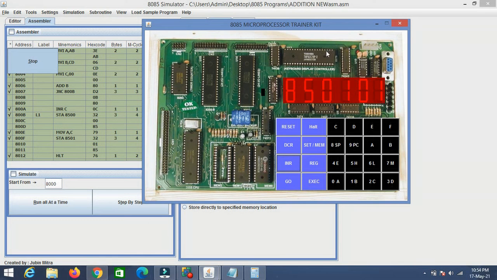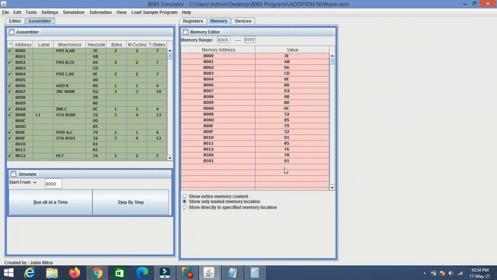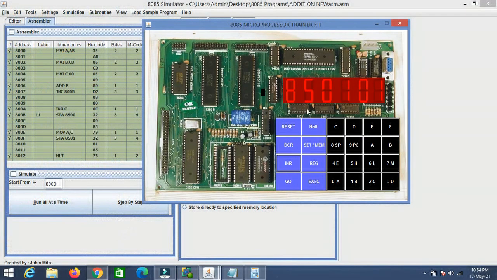In your laboratories you could see this 8085 microprocessor kit and work in the real time manner. But now it is a simulator here. In this simulator, a virtual microprocessor trainer kit is available. We can easily check the output here in the memory location. It is also possible in the 8085 simulator to view it as if it is for practical working purposes. You could work with this 8085 simulator, that is the virtual trainer kit.